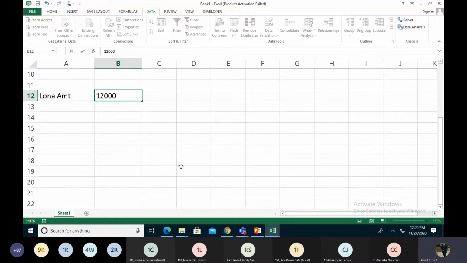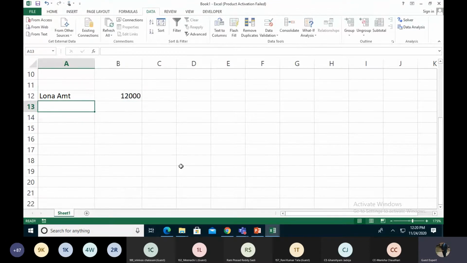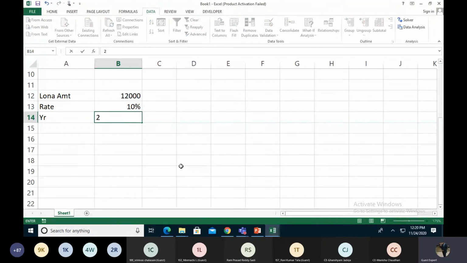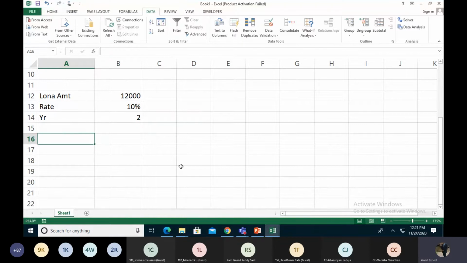Like loan amount is 1,20,000. Why? Because we're using an EMI formula, because it gives a very thorough result for us. Like 10% and 2 years. See, the most important thing in a data table is that we are only changing the row and column inputs. We have the limitation that we follow only 2 criteria, not more. That's the limitation of data tables, because there is an x-axis and y-axis. So we find out all the data for that.